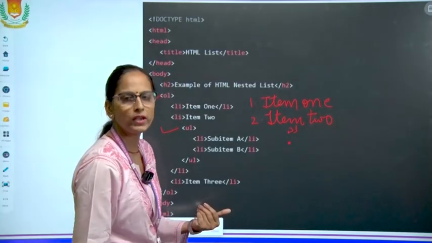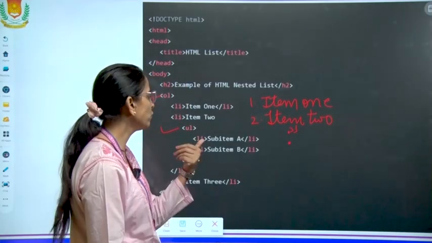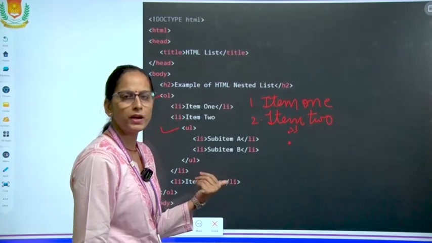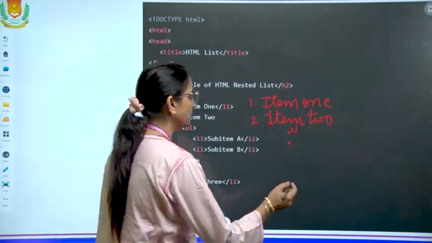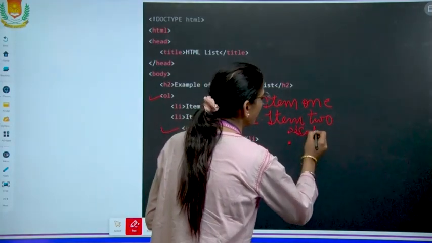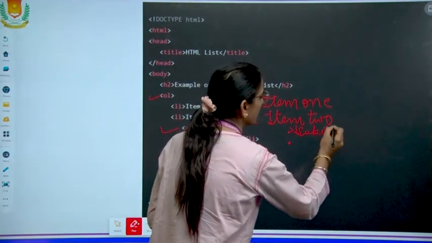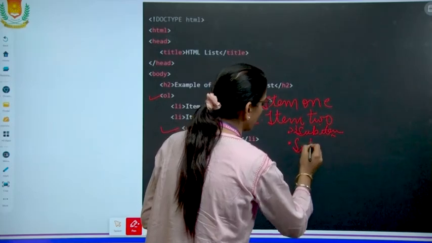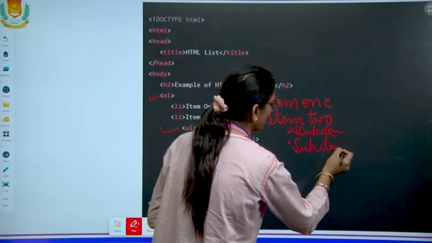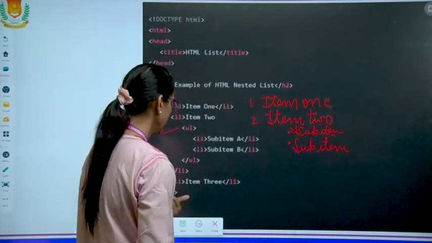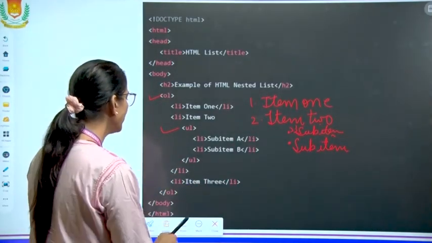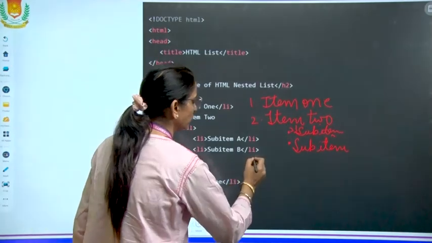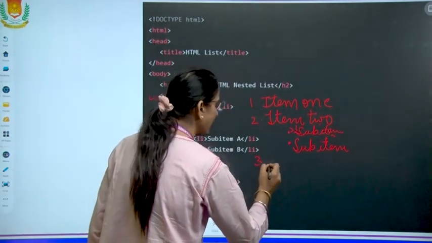By default we have round bullets and you can change the bullet shape with the help of the type attribute. So these sub items will be written now. The list is closed and the third list item will be displayed there.